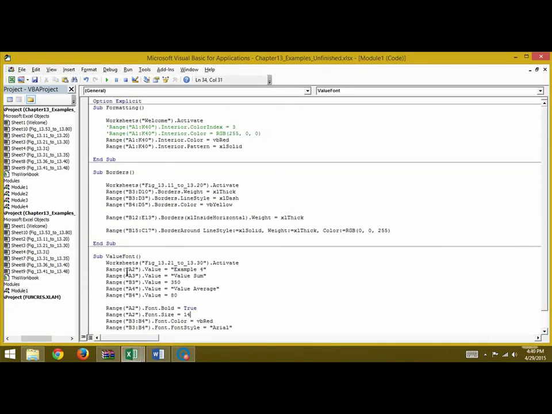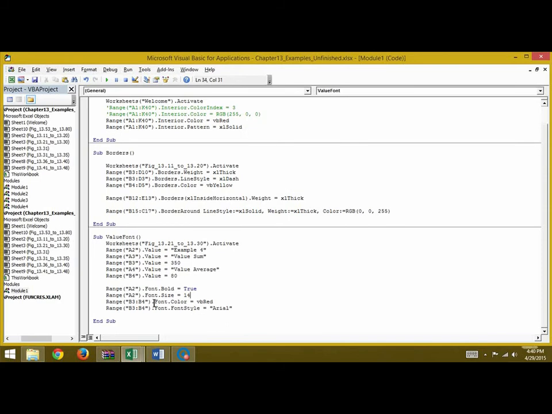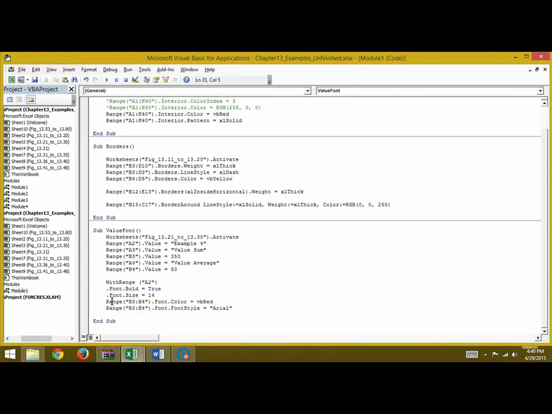You can also write a with statement here. Suppose if you wanted to make more changes for A2, so what you can write here is, say, with range A2, and then you can write dot font dot bold is equal to true. And since we've already mentioned range A2, we can just continue dot font dot size is equal to 14. So we don't have to keep writing range. And then you can end with,